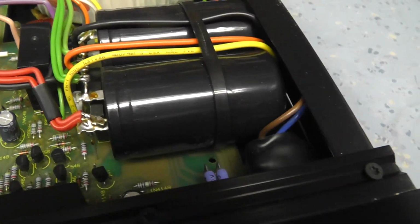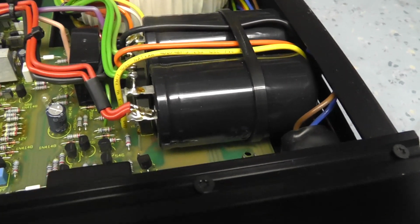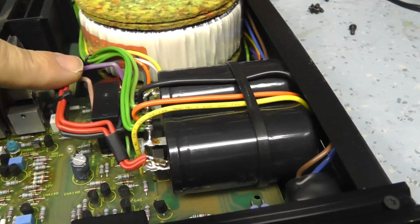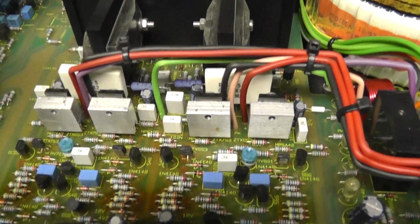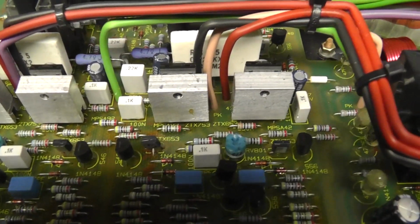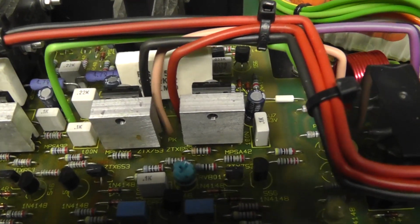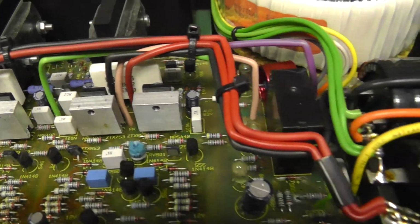Power supply electrolytics here. Can't see the make of those at the moment either, but they're going to be good quality capacitors. Audiolab didn't skimp on quality of the components. They just underrated the amplifier slightly. There's the emitter follower resistors there, which you'll probably need to get into to check the bias on the output